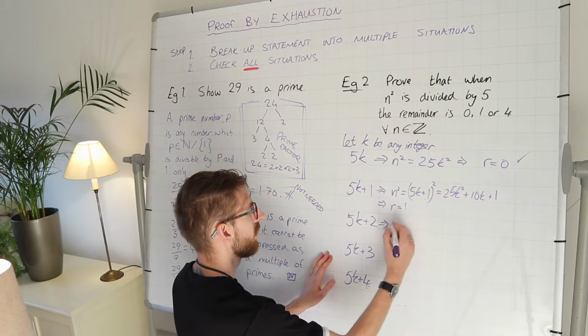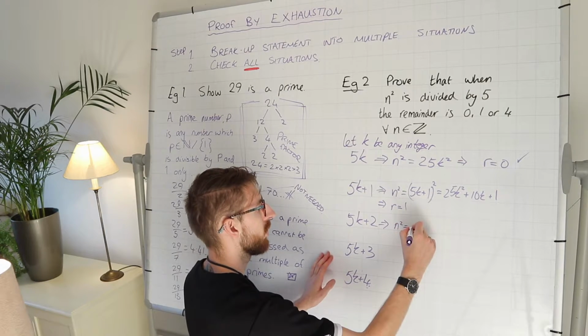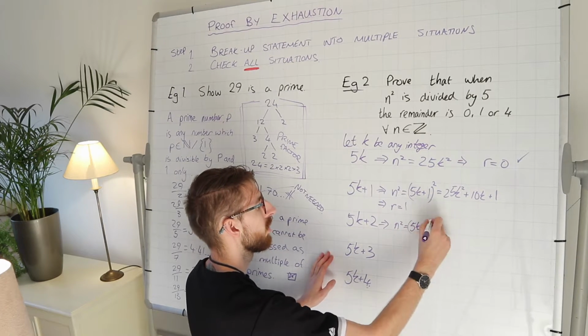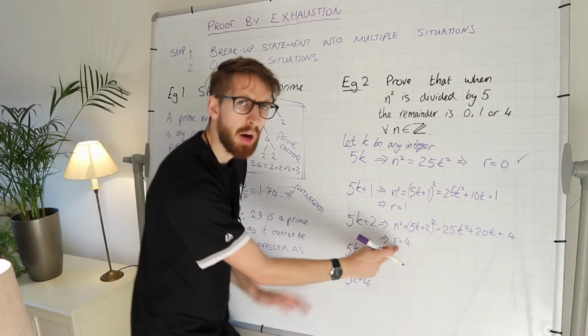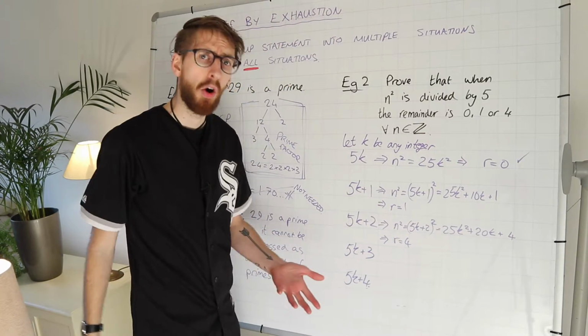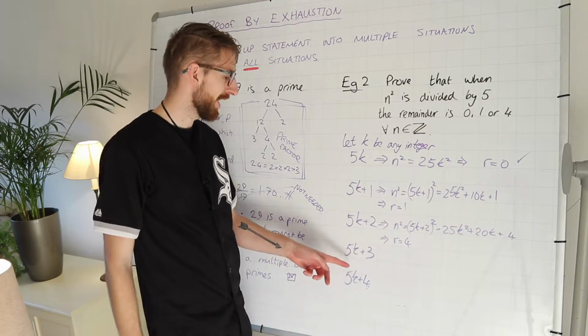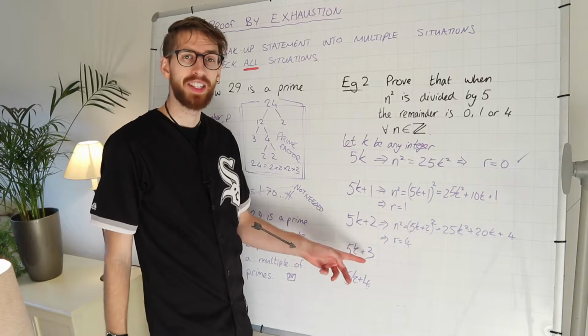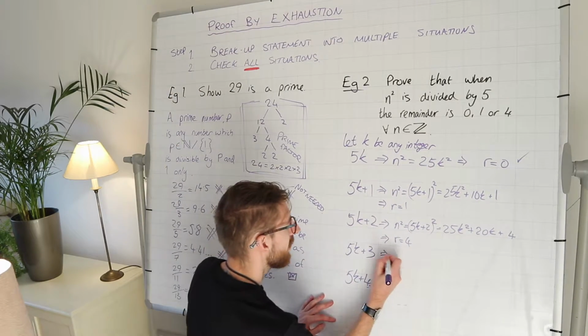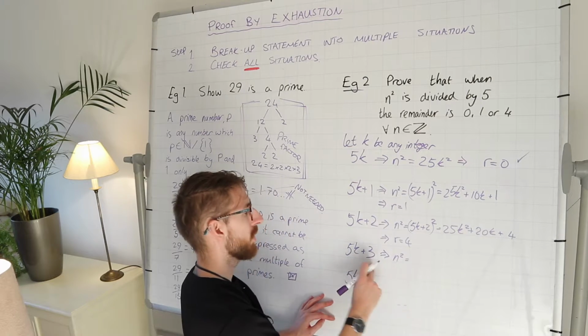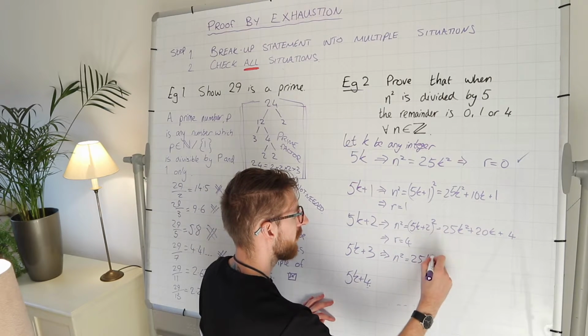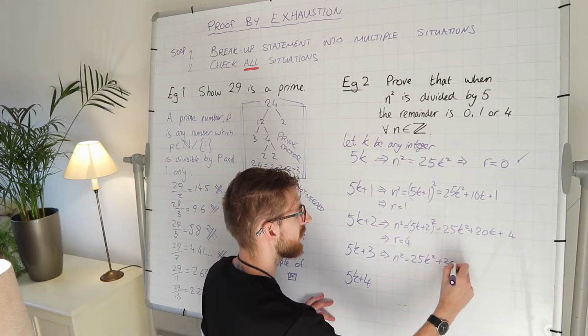We'll do it again for here. This one implies n squared equals 5k plus 2. Now we've got a remainder of 4 because we've got a plus 4 on the end. The next one we're going to have exactly the same situation but a plus 9 on the end. So n squared equals that squared, 25k squared plus 30k